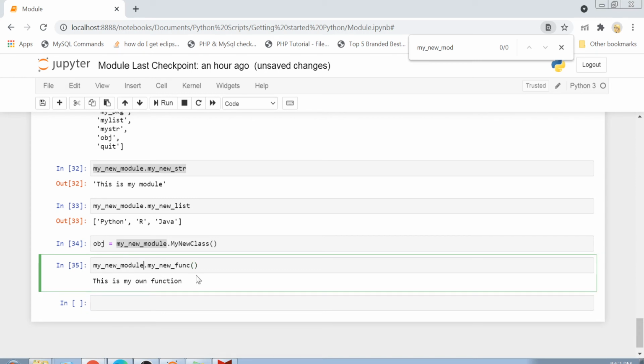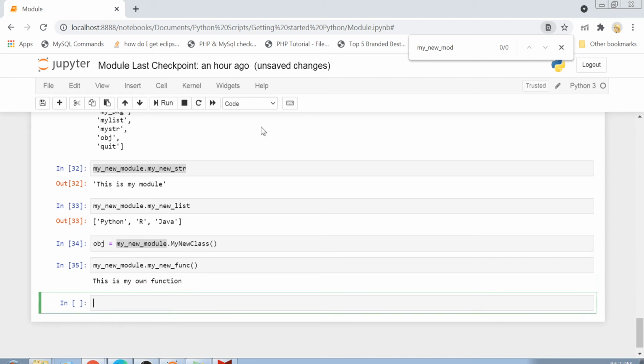But there are other ways to do this as well. For example, I do not want to use my module name and my variable name, the whole thing, because it is really long and I do not want to spend my time writing the whole names every time I am trying to access that variable. So now we will do something called importing particular variables from a module. How can you import particular variables from a module?